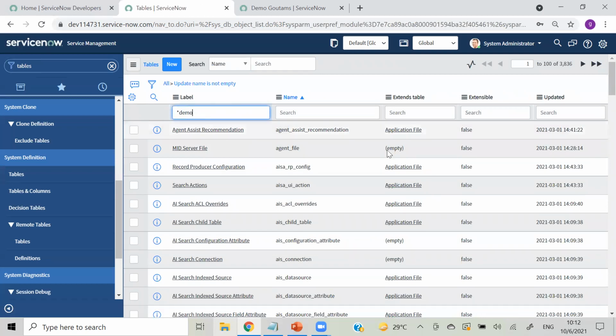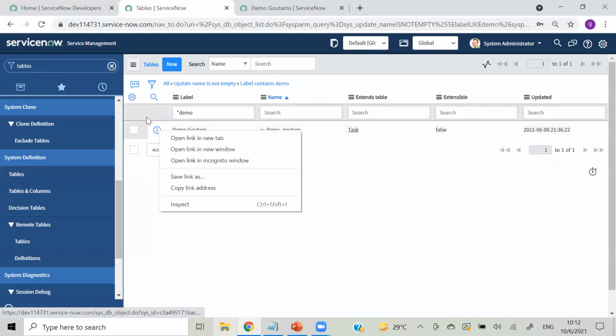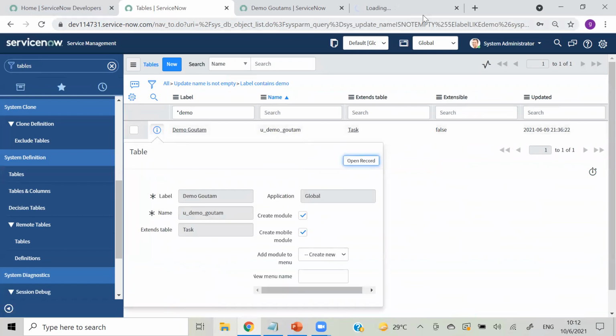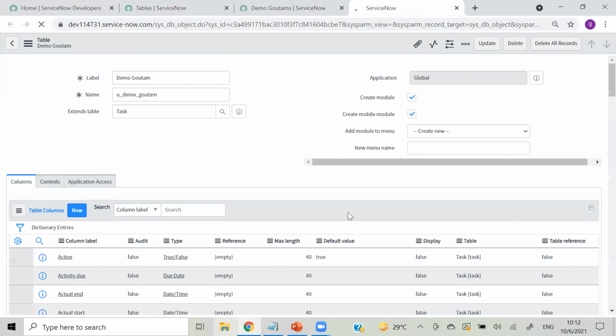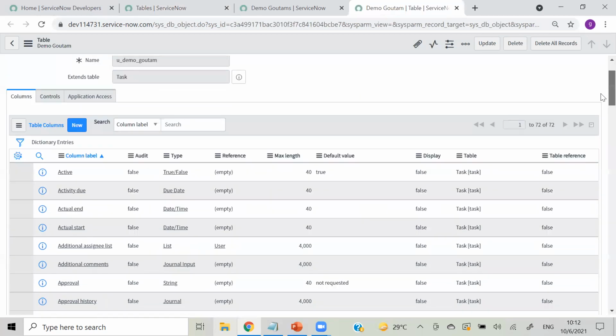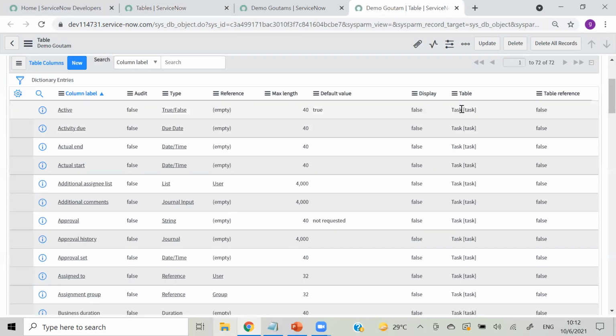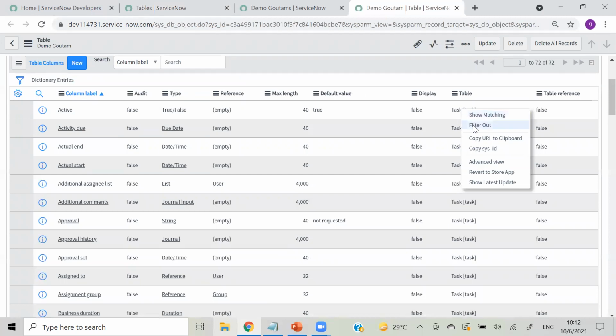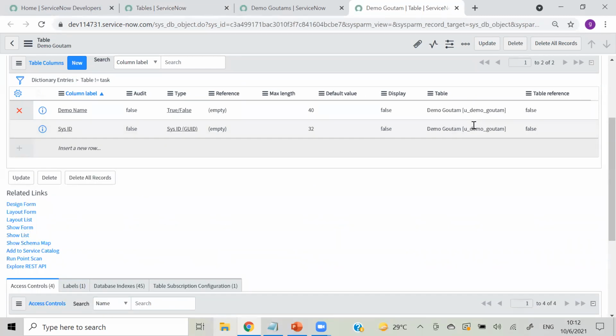Demo my table, opening it. Now you can see these are the task table fields. I'm filtering out those, and I have only these two fields created here. So sys underscore id will get created by default, whether you create any field or not.